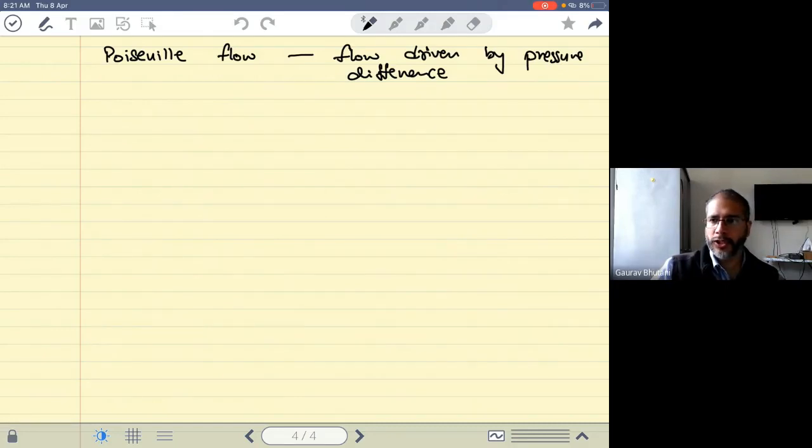So yesterday, the case number 1 we considered was called Couette flow. It was the flow which was driven because of shear. It was a shear driven flow. And the case that we have considered today, case number 2, is Poiseuille flow, which is driven by pressure difference. We'll consider all other types of Poiseuille flows as well, but just keep this in mind. It's a very common word that we use, so we should understand what it means by Poiseuille flow. It's named based on a scientist's name, Poiseuille.